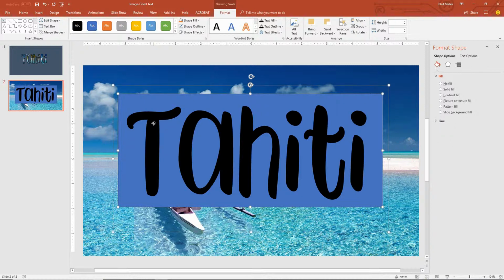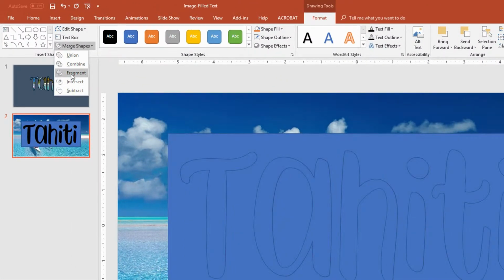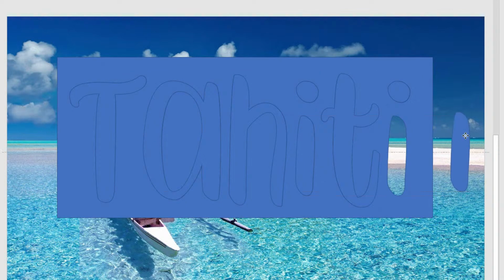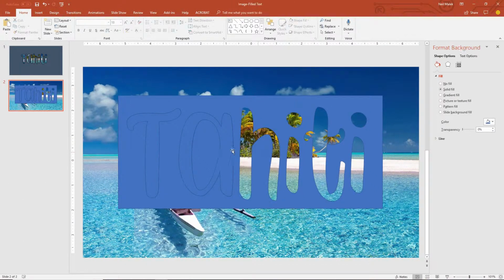I hold down Shift and click on the text box. Now both the text box and the blue box that are there are selected simultaneously. And on the Drawing Tools Format tab at the top of the screen, I'm going to go to Merge Shapes, and I'm going to fragment those shapes. And what that does is it uses Tahiti, the word Tahiti, to cut holes out of the box. So I go to Fragment here, and you can see those individual little elements right there. In fact, let's go in here and grab one of these elements. You see how you can pull the different letters straight out of that as if you cut it out with scissors? All right, now let's get rid of those things that were in the holes there. Get rid of all these elements.